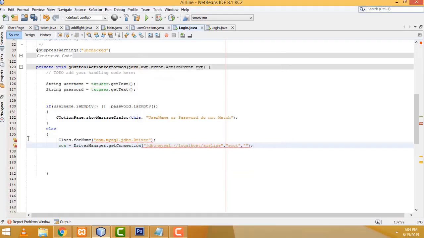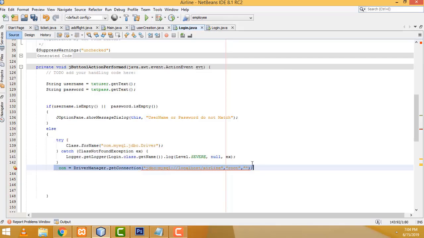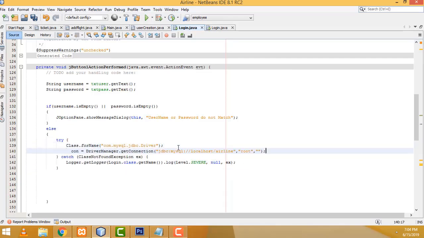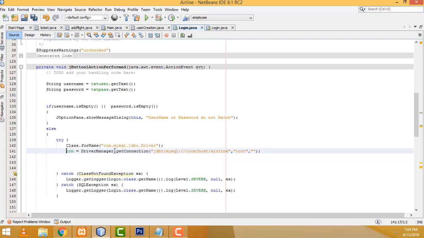The task is to create this inside the try. Control X to cut this one. You have to paste it inside the try. Here you have to add the catch. Right, now the error goes away. Now here what I am going to do is you have to write the prepare statement for this pst